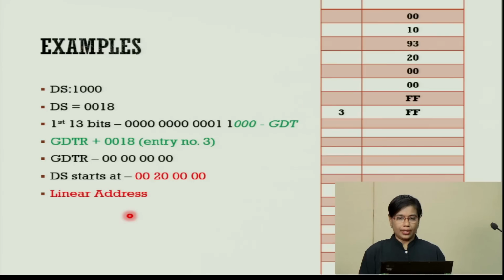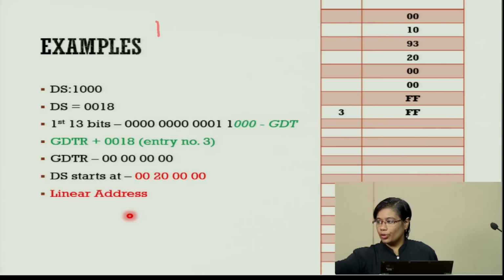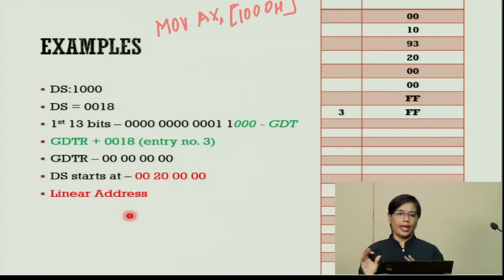So let's take an example and see how it is going to work out. Now I might have an instruction, for instance, which says MOV AX, 100 in hexadecimal. If the instruction is MOV AX, 100H, then the address is a combination of the data segment and 100. 100 is going to be the offset. It has the same meaning whether it is real mode of operation or protected mode of operation. Now what matters is how you translate the data segment register.